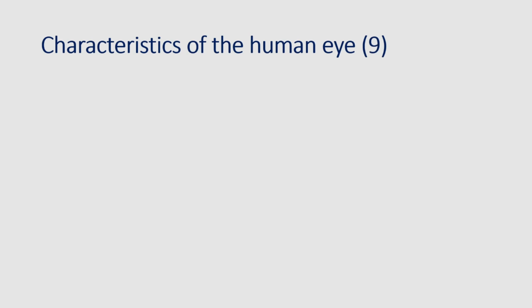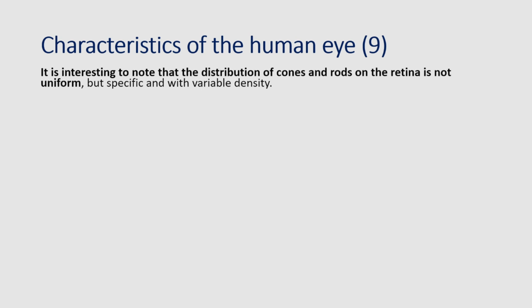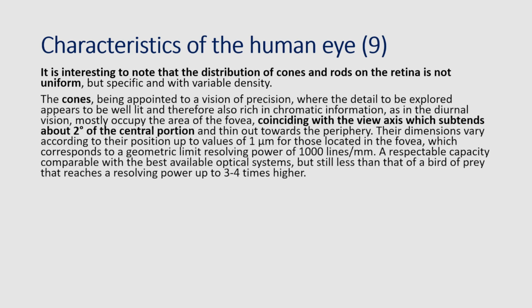Characteristics of the human eye, 9. It is interesting to note that the distribution of cones and rods on the retina is not uniform, but specific and with variable density. The cones, being appointed to a vision of precision, where the detail to be explored appears to be well lit and therefore also rich in chromatic information, as in the diurnal vision, mostly occupy the area of the fovea, coinciding with the view axis which subtends about 2 degrees of the central portion and thin out